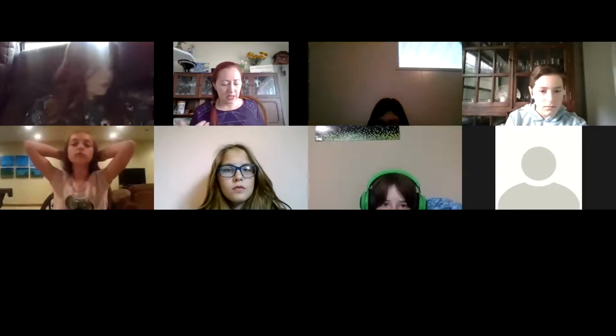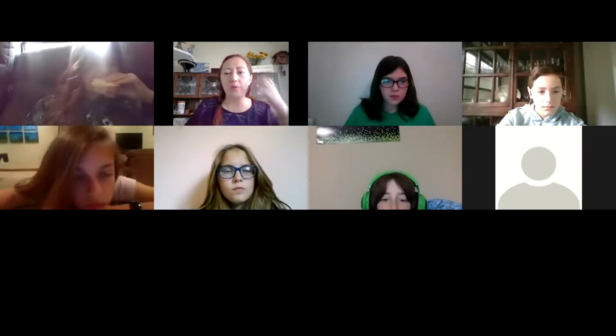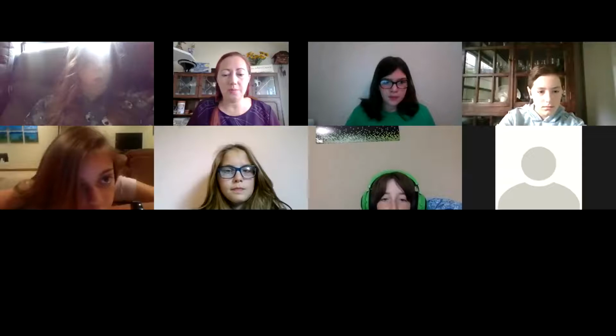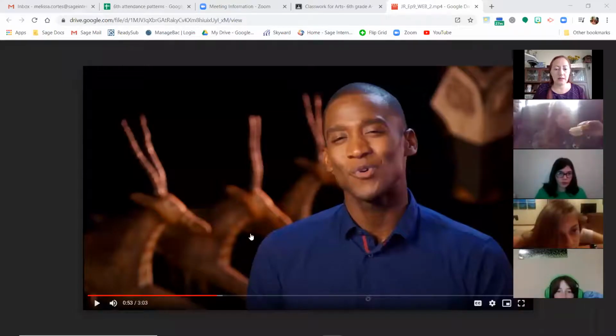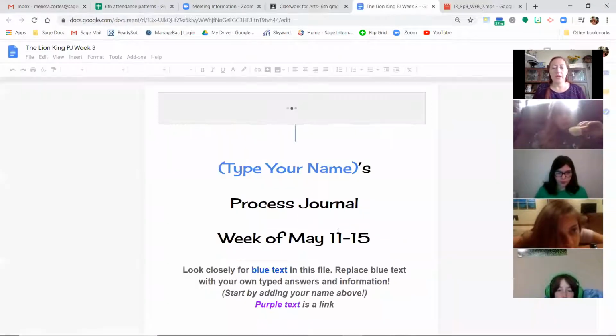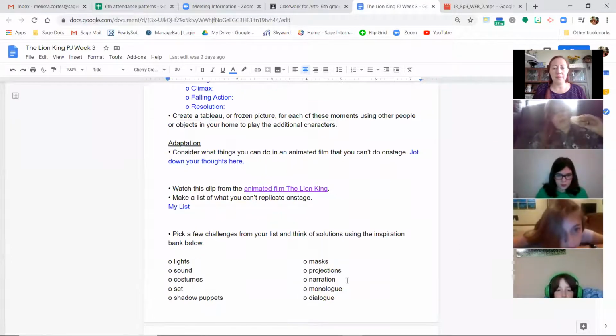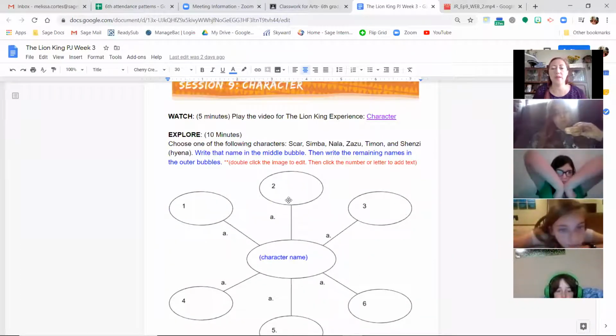You want to think about not just how the character might sound, but how they might act in different situations. And this goes along with the activity that is part of the second part of your process journal, where you have the two circles. After you have thought about the overall story, you start making connections between the characters. The first one is just to think about the relationships between the different characters.